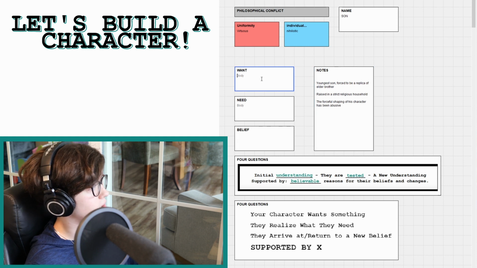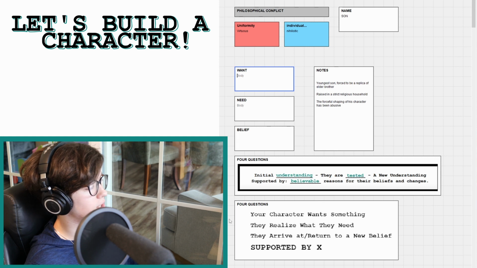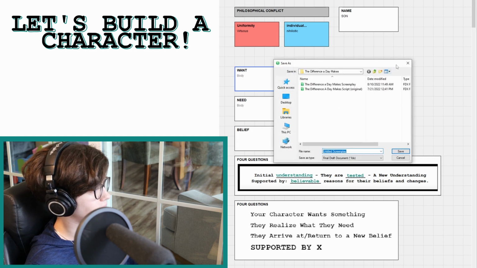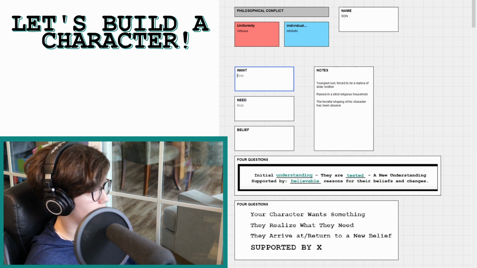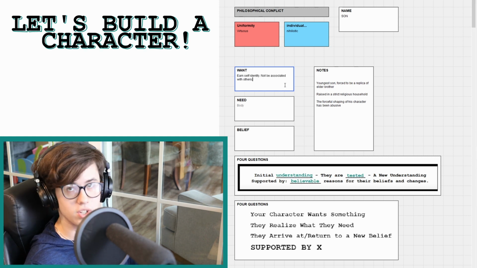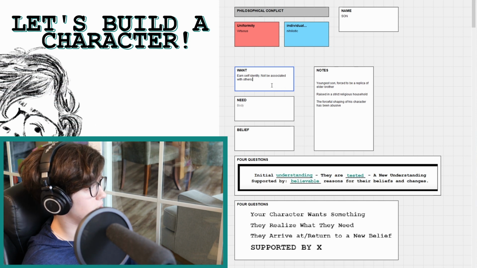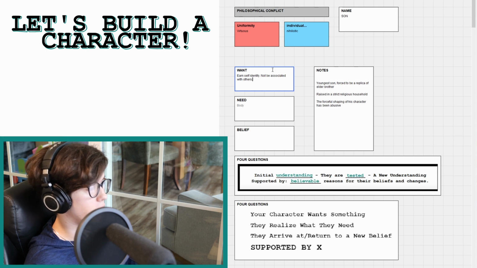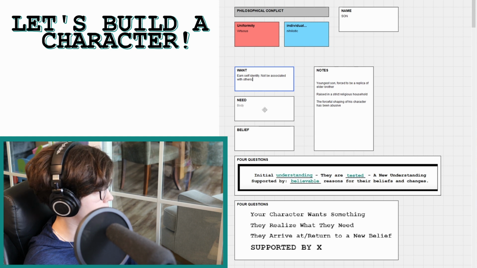So the first thing we have to do is build out his want. And his want is based upon his starting point right here. His initial understanding. So his want is to earn self-identity. He doesn't want to be associated with others, right? He was raised in this household. He wants to escape having to be associated with his family, being confused with his elder brother. He wants his own name. He wants to escape all of this. He wants his own identity, okay?